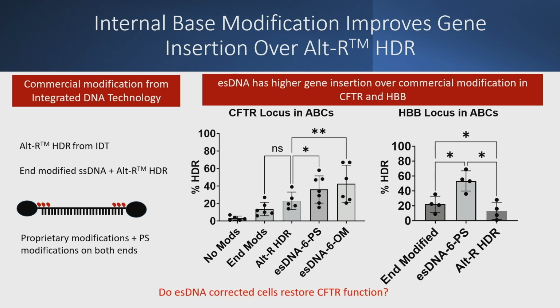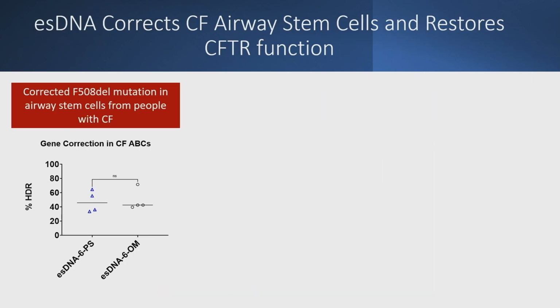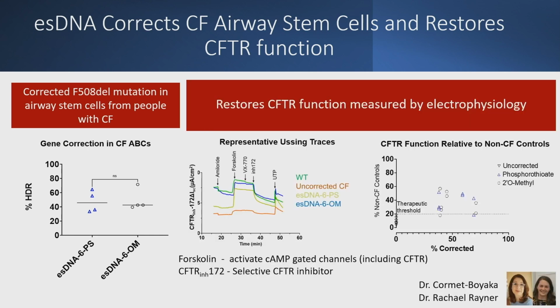So I've shown you that it increases gene insertion. Do ES-DNA corrected cells restore CFTR function? To test this, we corrected the F508del mutation in airway basal cells, or airway stem cells, from people with CF. We used both the ES-DNA templates. And after we corrected these cells, we grew them on air-liquid interface to create epithelial sheets. And with the help of our friends from OSU, we sent the samples off to have CFTR function measured by